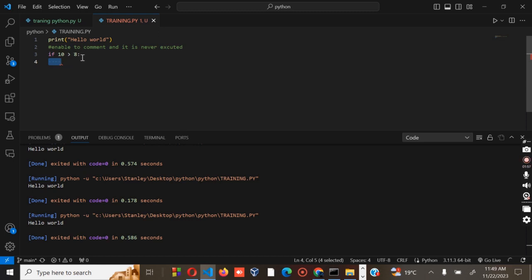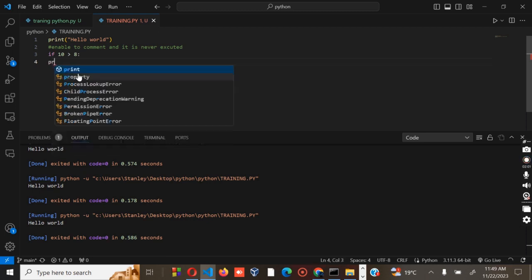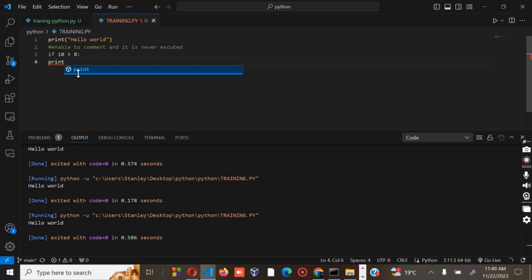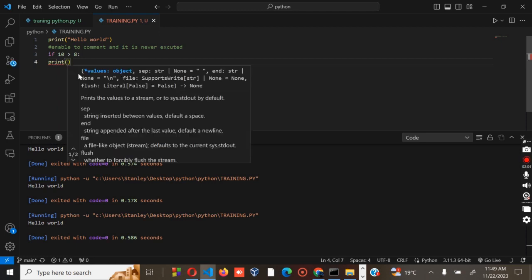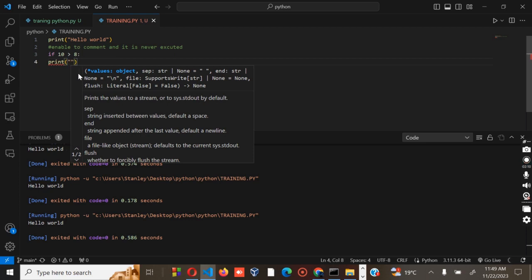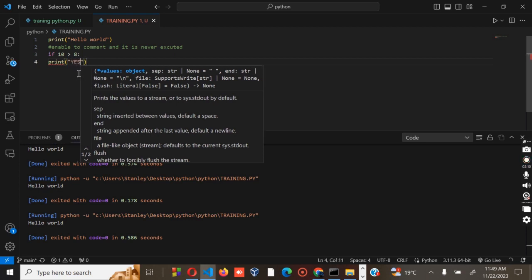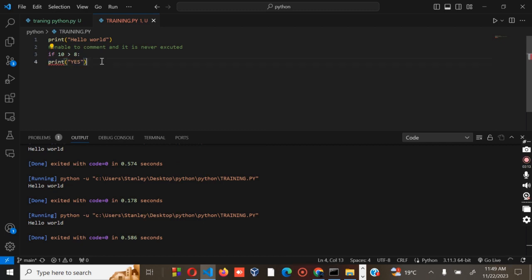Okay, so if 10 is greater than 8, print, open the brackets, you print maybe yes. Let me see what will happen. Okay, run your code.